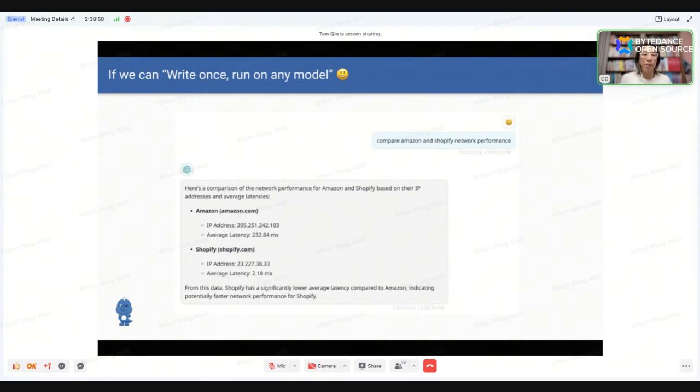And when I ask it to compare Amazon and Shopify network performance, the LLM will infer Amazon.com and Shopify.com for the function calling, and the function calling does the ping command and gives the result. So the LLM can answer these questions with my function calling. And next,